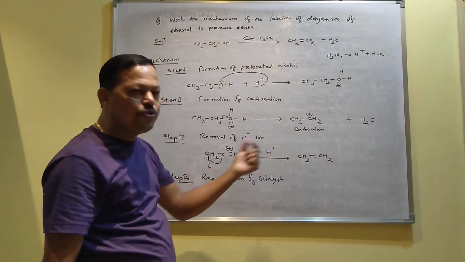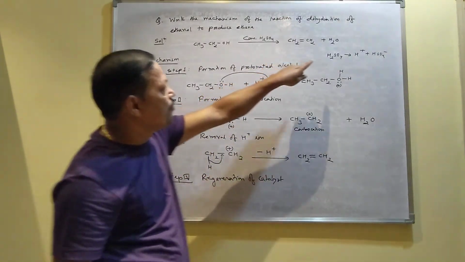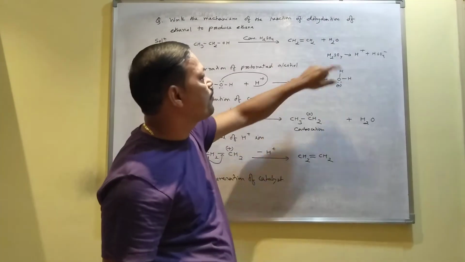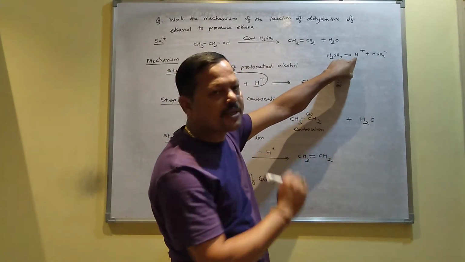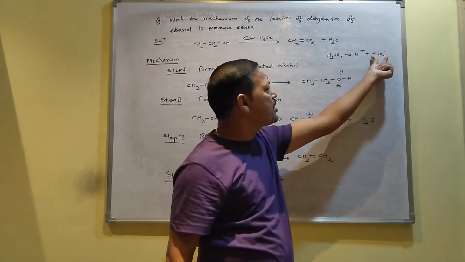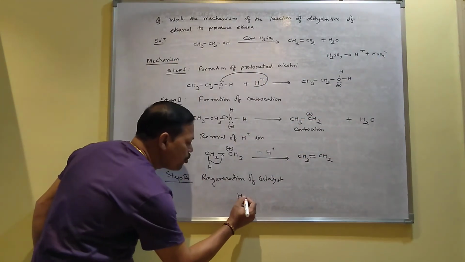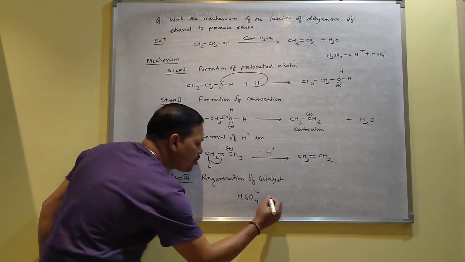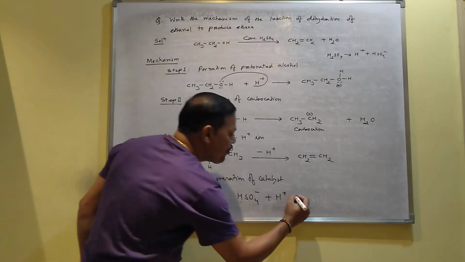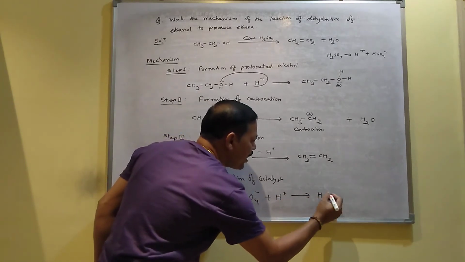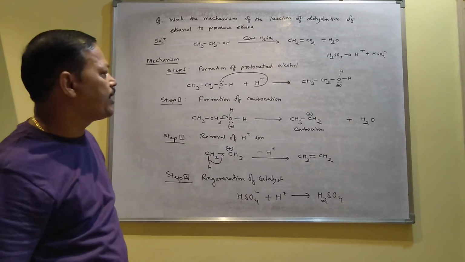So what it will do, since the H plus ion we have taken from the acid, I mean from the sulfuric acid. So sulfuric acid gives one H plus ion and it is involved in the reaction. Now the sulfuric acid exists as HSO4 minus. This HSO4 minus catalyst now combines with the H plus ion released in the third step, and when they combine, they again produce H2SO4. I mean the catalyst is regenerated.